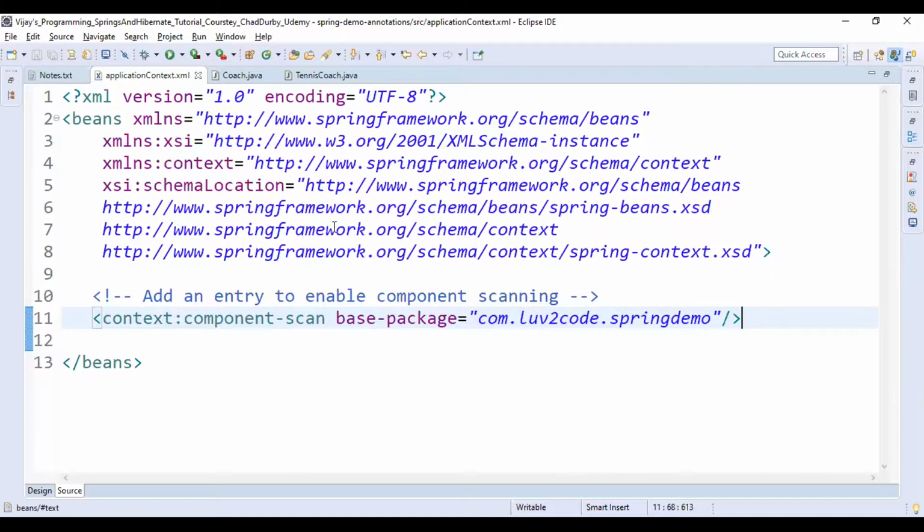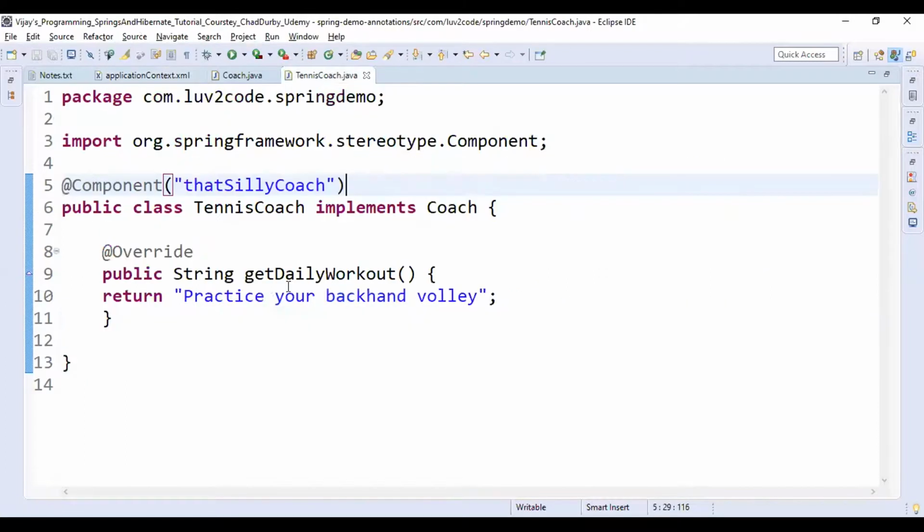Spring will be scanning the package and its classes for the bean ID, that is that silly coach, available inside the Tennis Coach class.